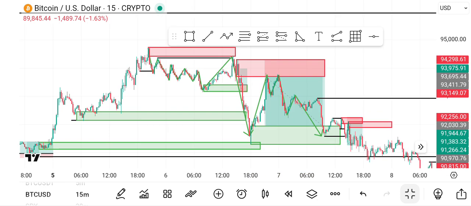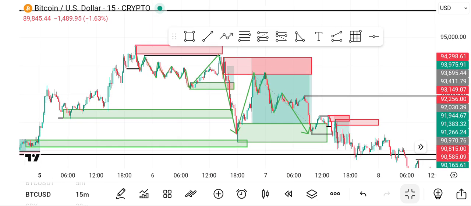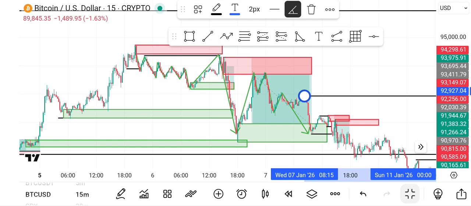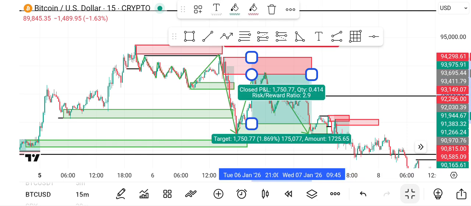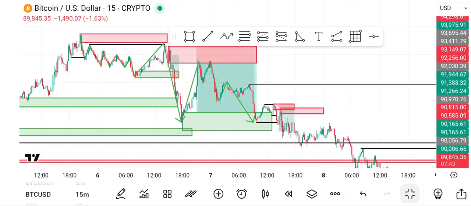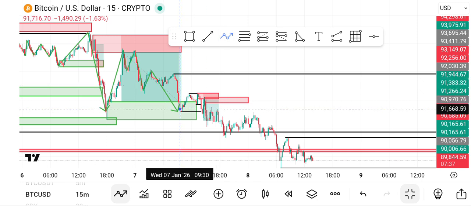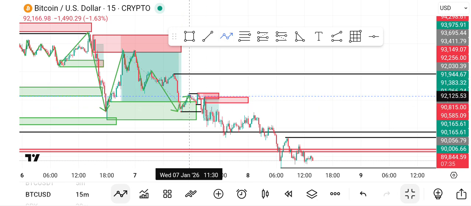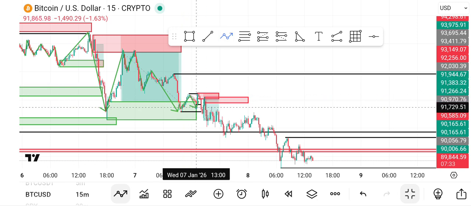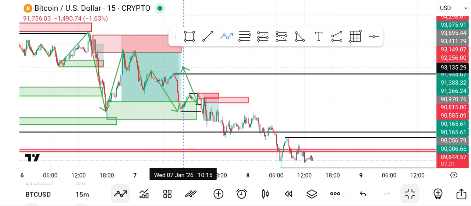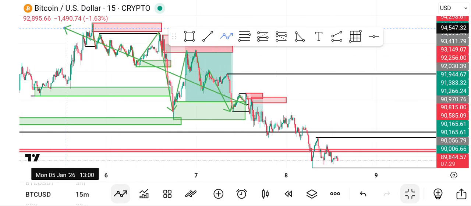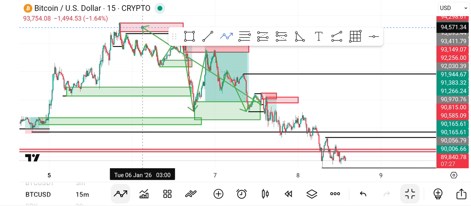So we actually made this trade worth it, because we recovered from our loss, and that's what it takes to be a day trader. The same thing right here. Price kept making the lower highs and lower lows, and you see the same scenario right here. The supply zone all the way up,